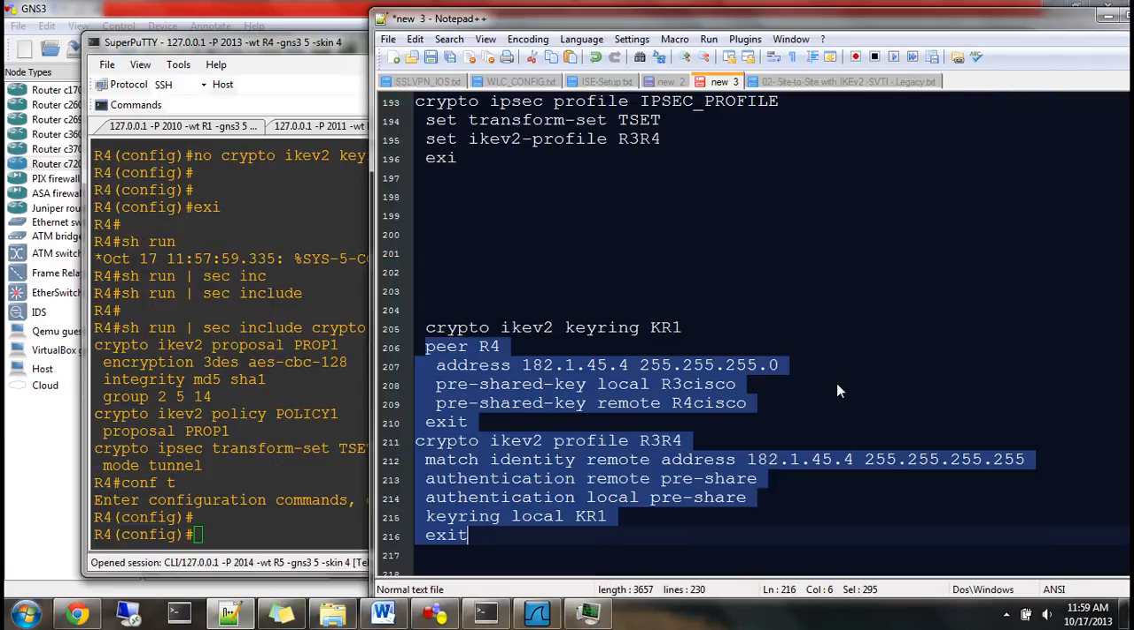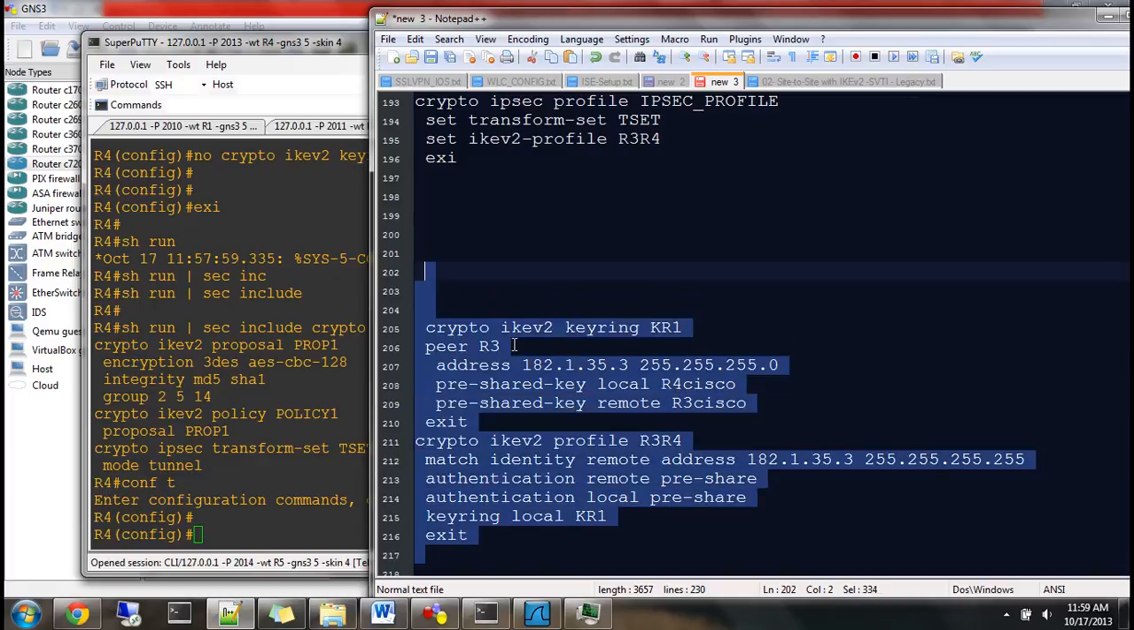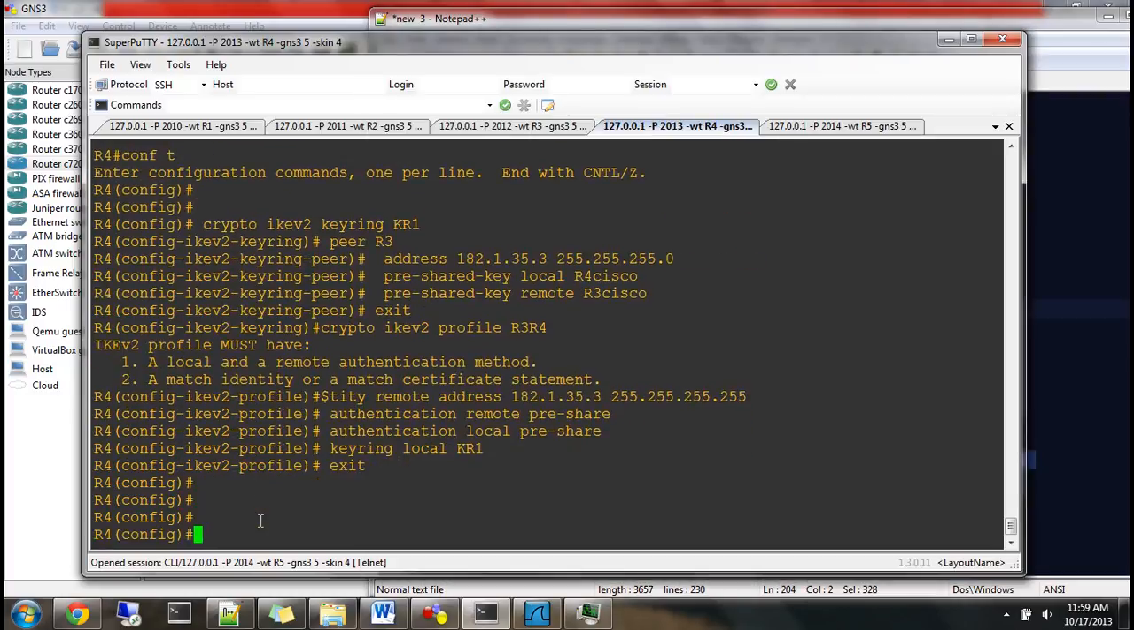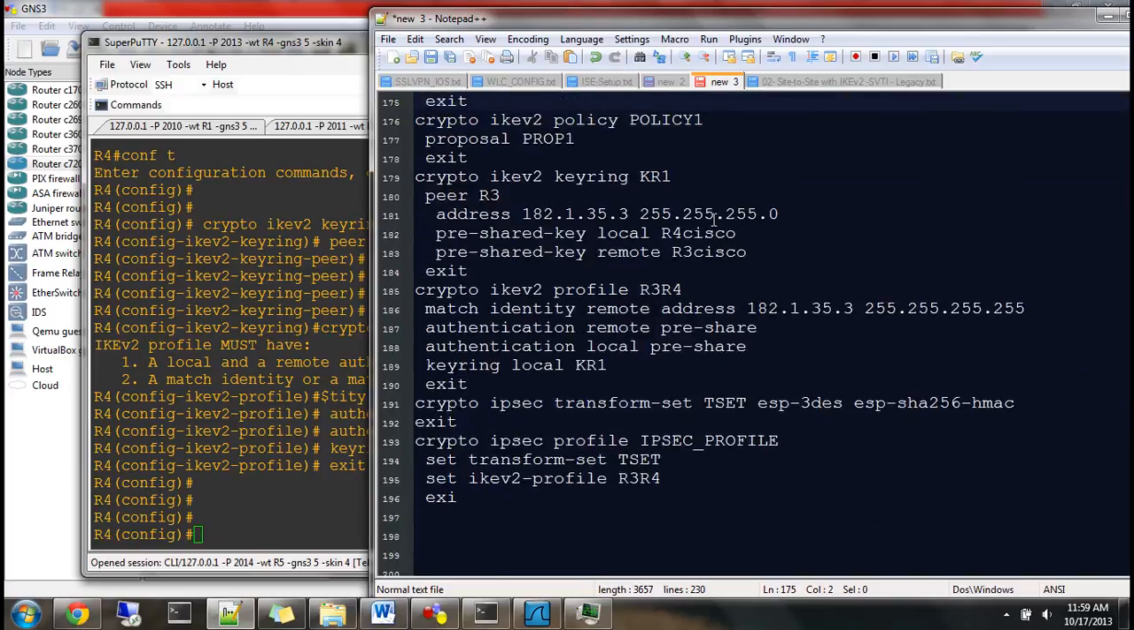On R4 it should be R3 first of all. This should be 3.3. This should be 4.3. This should be 3.3. KR1. Done. Then next thing in the line is your